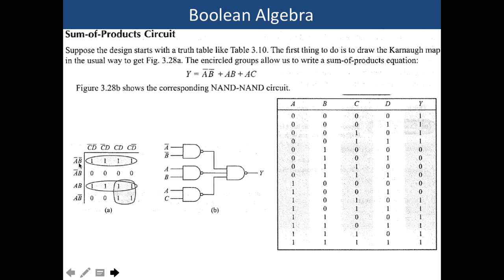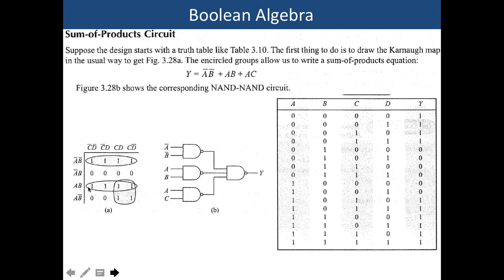So here, for the horizontal, this is A bar B bar, and here it is changing from C bar. This one is C bar D bar, C bar D, C D, C D bar. So only we can write the variable here, A B bar